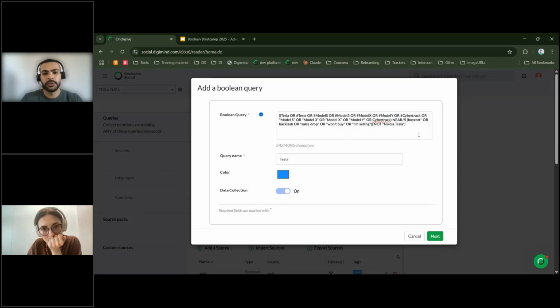So here I can add the AND operator and add US. But in this case, I risk collecting mentions that contain the pronoun us instead of US in uppercase letters, because by default the tool is not case sensitive, so it will match both US and the pronoun us.